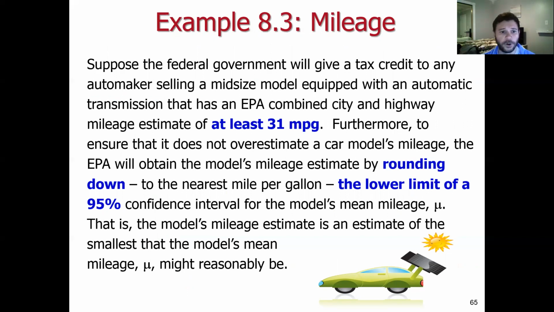Furthermore, to ensure that it does not overestimate a car's mileage, the EPA is going to obtain the model's mileage estimate by rounding down to the nearest mile per gallon, by using the lower limit of a 95% confidence interval for the model's mean mileage. That is, the model's mileage estimate is an estimate of the smallest that the model's mileage can be given our 95% confidence threshold at the lower bound. So